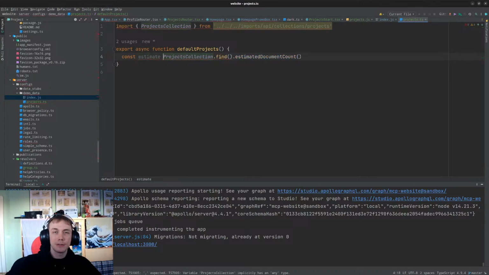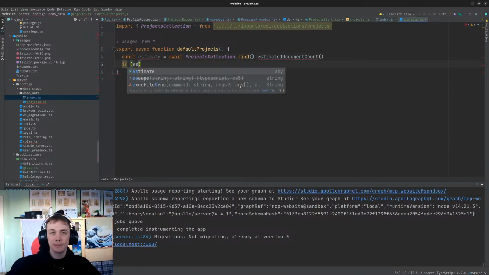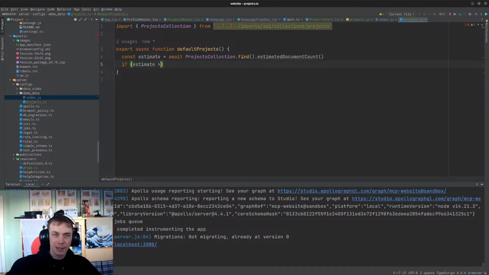So, estimated count, await. If it is bigger than 1, then we'll just return this function. If not, then